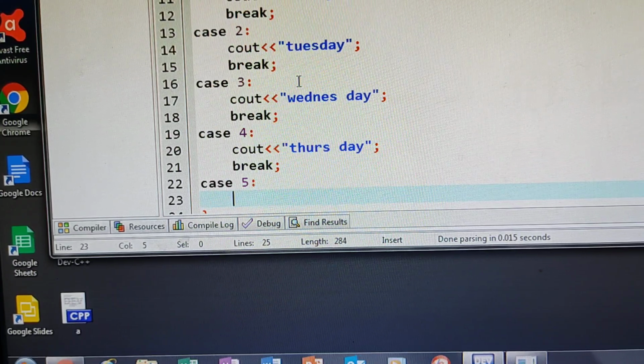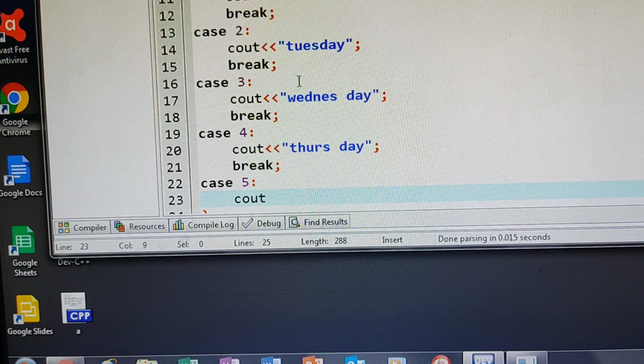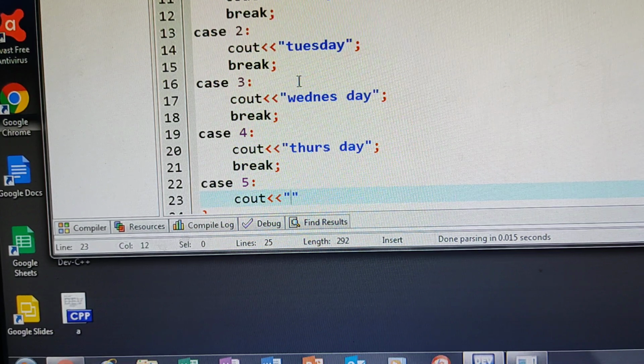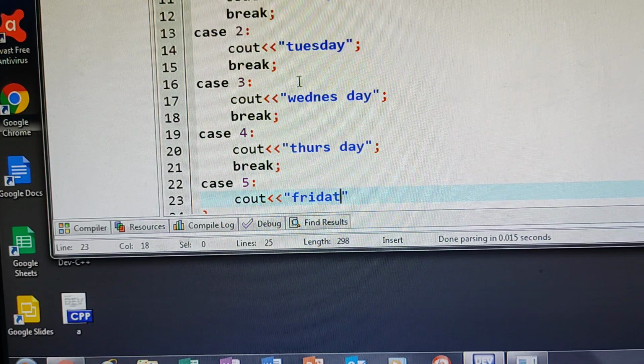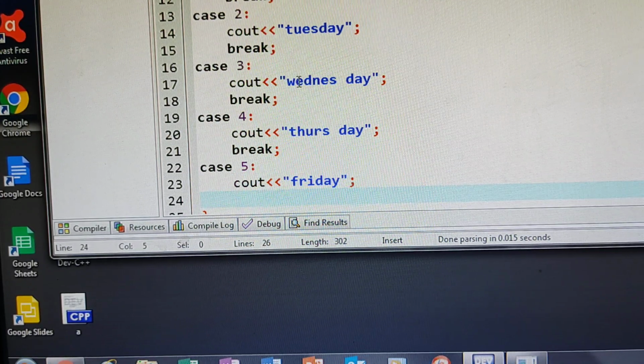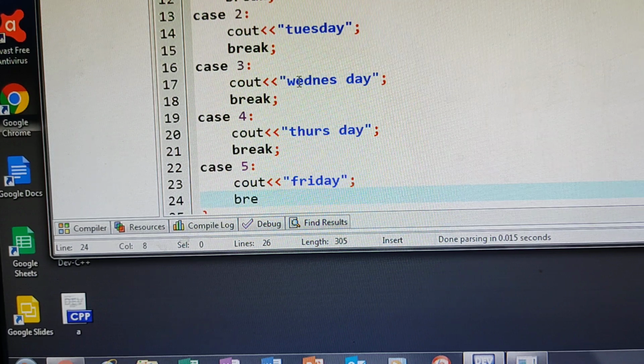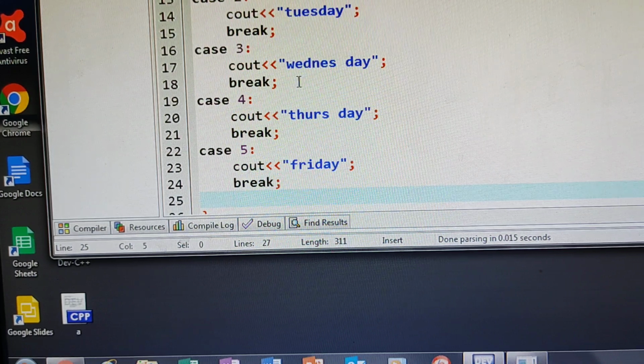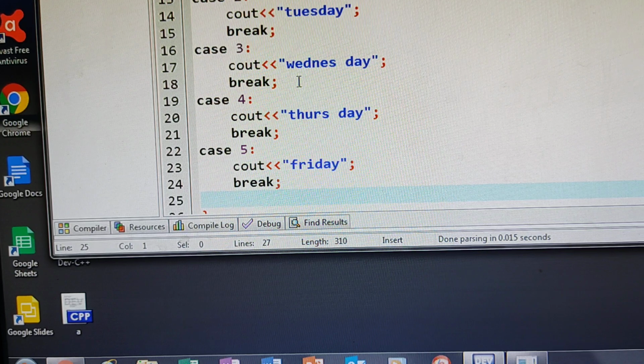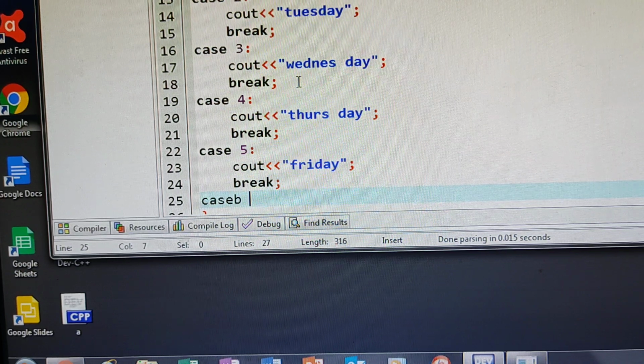Next one more is case 5. Cout. Monday, Tuesday, Wednesday, Thursday. For case 5 I am giving Friday. It is the body, you can give anything. Give the semicolon. Next, give the break. Every case block should end with the semicolon and break. Now case 6.